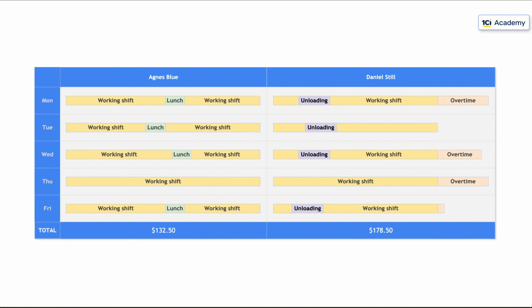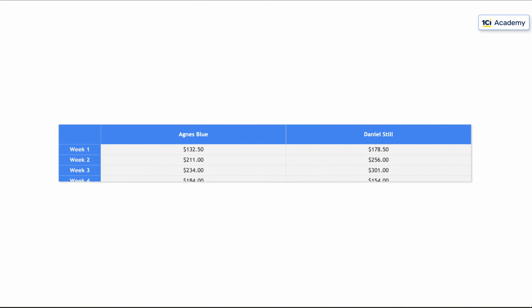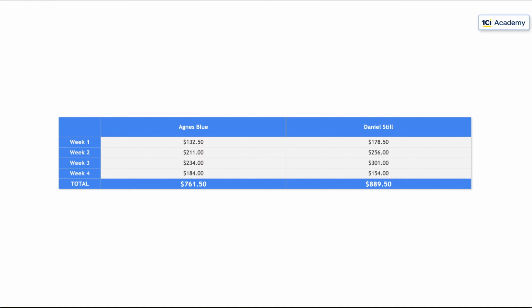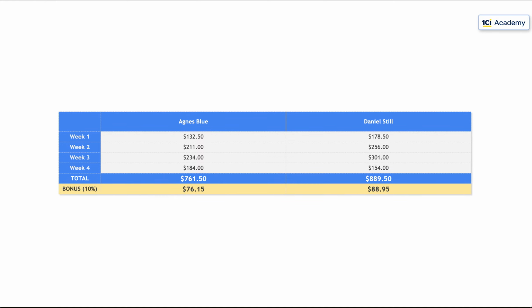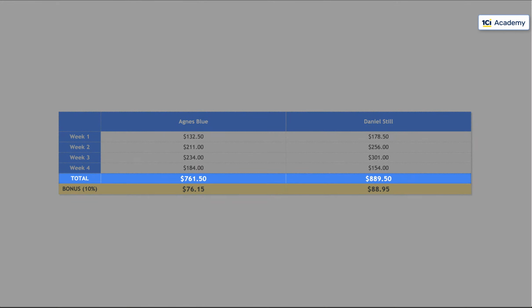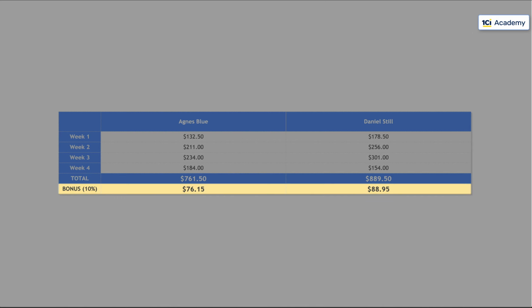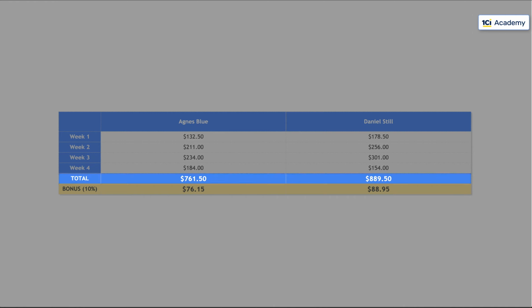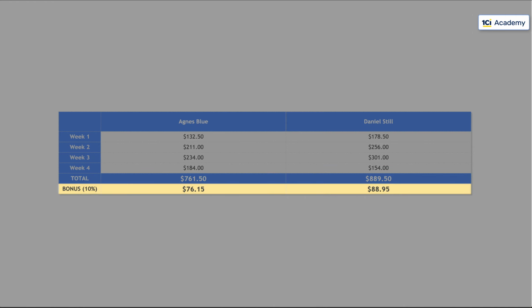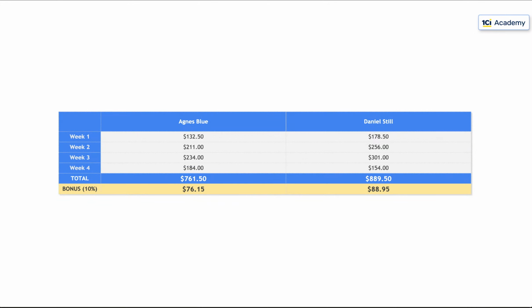My next challenge is to sum up the monthly earnings and calculate a bonus as a percentage of the sum. So, in this case, we use a result of one calculation to calculate another type of earning. In 1C Enterprise, we say that the total calculation is a baseline, or simply the base, for the bonus calculation. This is what we are here to discuss today.